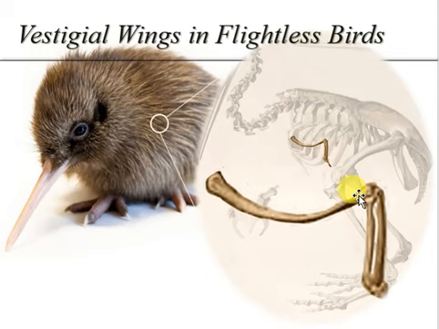Because you look at the complex structure of the bones. That structure is the same as the forelimb structure in functional wings. It even has this little tiny claw at the end of it. It also has the same attachment sites, the same muscles originate, and the same insertion points. So looking at the structural morphology, it makes sense that they started off with functional wings, and then over time lost that ability because it was no longer necessary for them. All right, so I'm going to stop